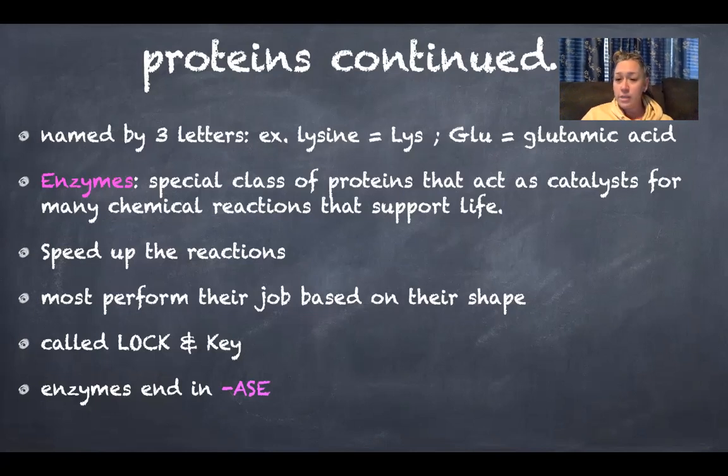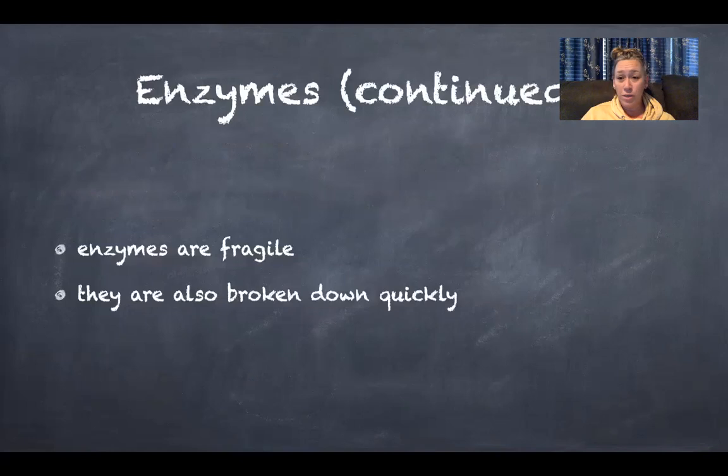And enzymes always end in ASE, A-S-E, okay? Carbohydrates always end in OSE, glucose, fructose, sucrose, okay? Enzymes always end in ASE. So like there's an enzyme called sucrase, ASE, okay? And what do you think it works on? Sucrose, right? So if I give you a bunch of names, all you have to look for,